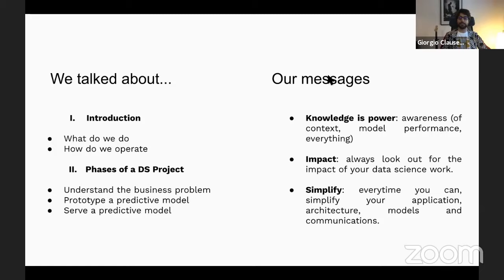And in the end, simplify. Every time you can, simplify your application, your architecture, your model, and the way you communicate. In this way, you will be very well understood by everyone in the company, and hopefully you will be a